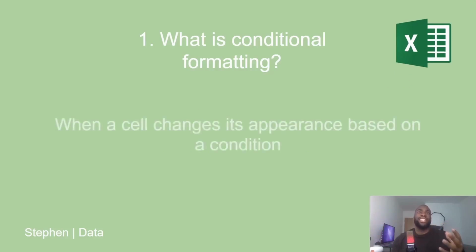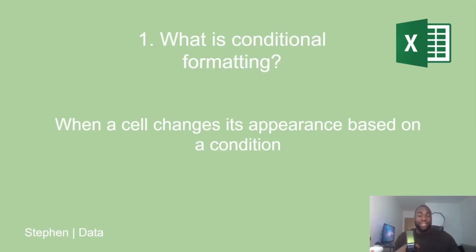Conditional formatting is when a cell changes its appearance based on a condition. So, conditional formatting is when Excel automatically changes the look of a cell based on the value that's inside it. That can mean if a number is too low, the cell can turn red. If a number hits a target, then it can turn green. Or if something is performing well or poorly, Excel can add icons or bars to show how good or bad